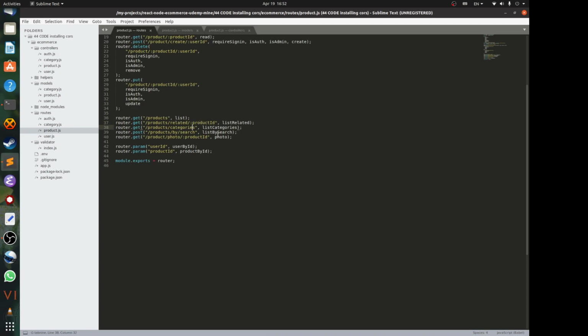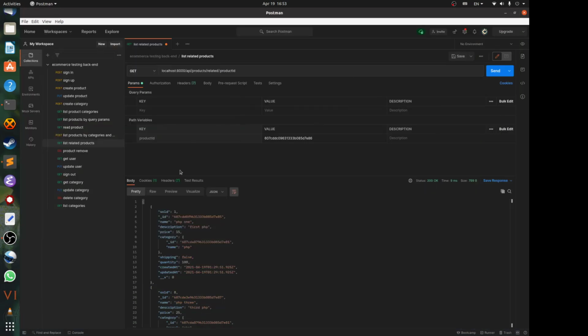Products slash categories, what it does is it lists all the categories used by all the products without duplicate. So distinct categories that are used by products. Okay, so in this case,